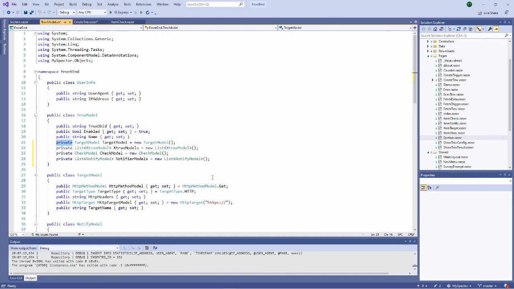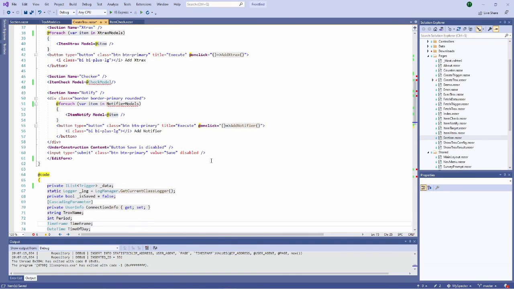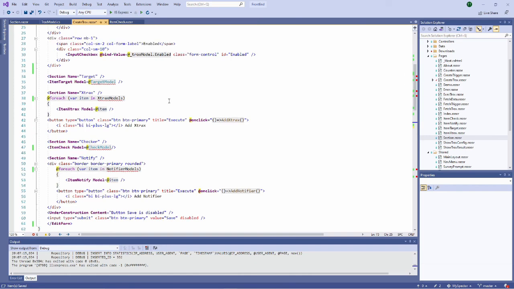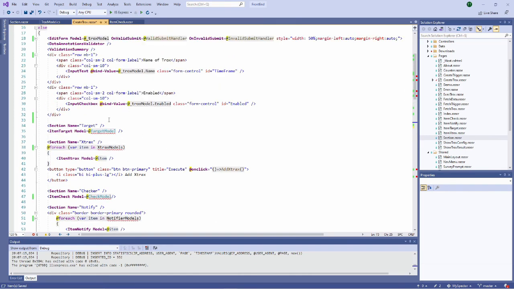By doing this, I change private to public, and I do this for the different properties here, and I come back to the main code. Of course, you see four errors here because they are not known anymore. So the target model will be available via the TROX model reference.